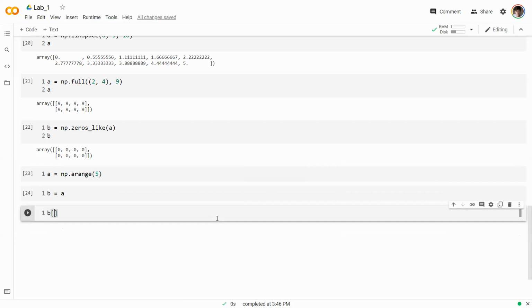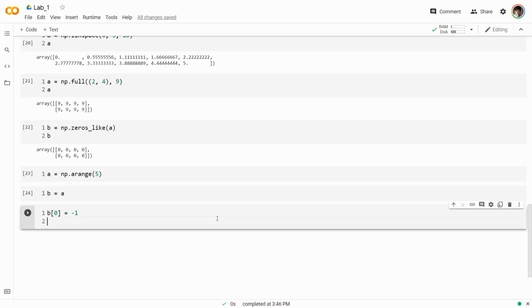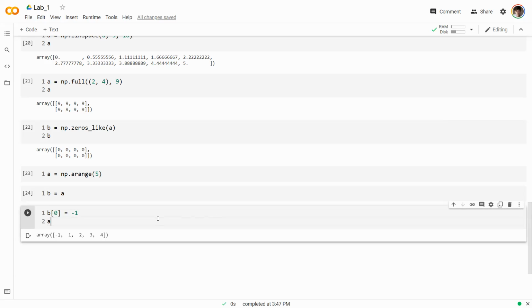And after that, if we change an element of b, for example, the first element, and after that check the array A, then as you can see,